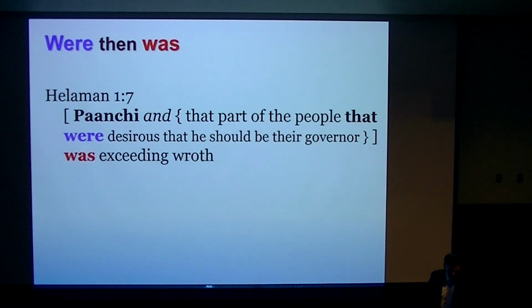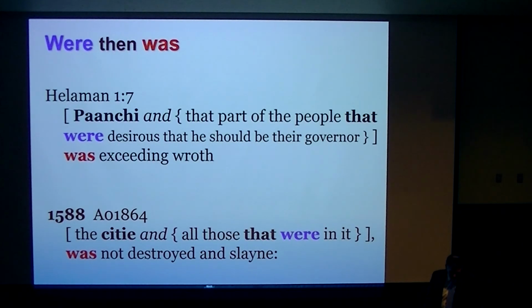Here's a curious one. "Paanchi and that part of the people that were desirous they should be their governor was exceeding wroth." So we have "were" followed by "was." We expect "were" here. "The city and all those that were in it was not destroyed and slain." It's as if the writer wanted to switch to the singular to kind of distinguish it there, and I found